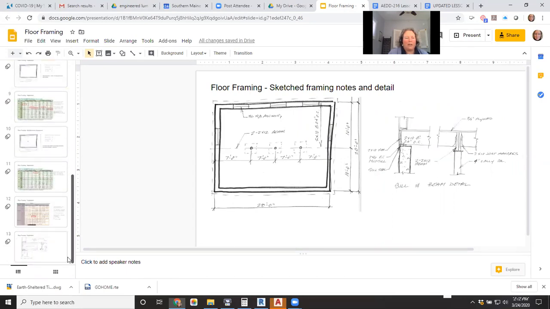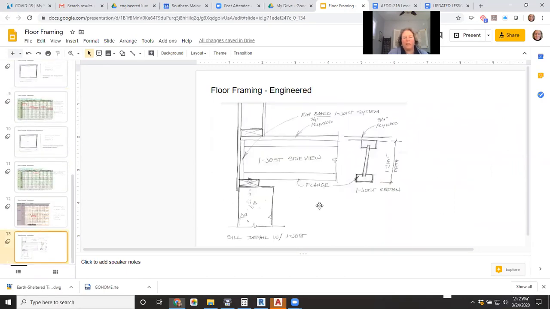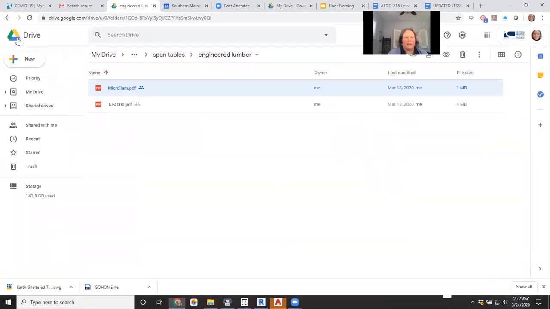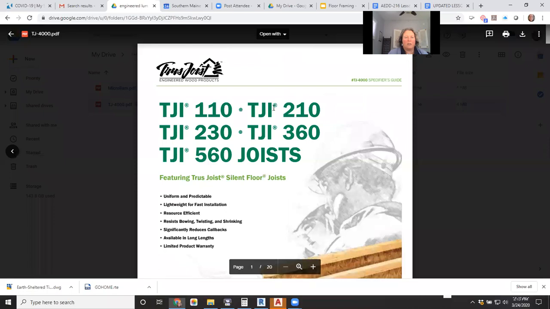But when we look at engineered wood from the side, especially an I-joist system, this is the cross-section view, so we would see from the side the top and bottom flange. This is the web in the middle, and then on the edge we don't have rim joists, we have a rim board system. And a lot of this stuff you can see by investigating a little bit more into the TJI 4000